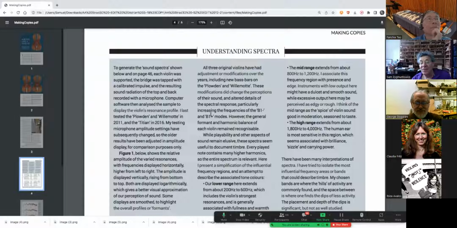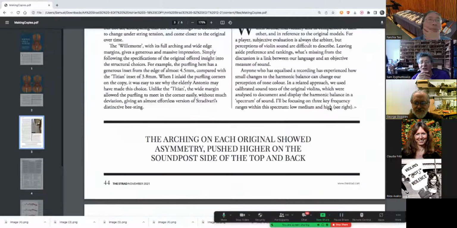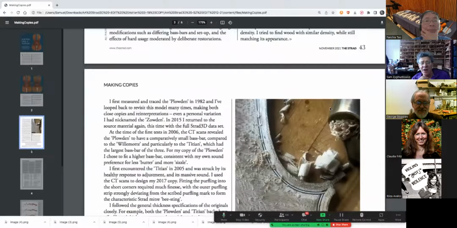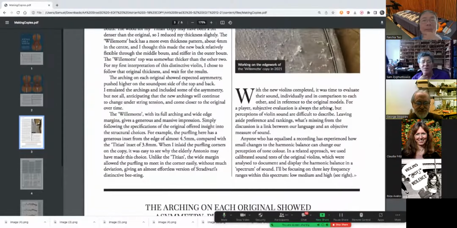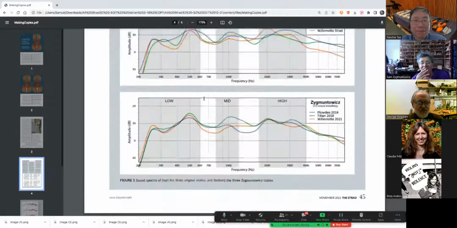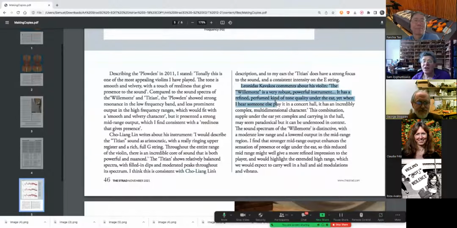The point is that I wanted to start with a subjective description, to the extent possible. I had interviewed Kavakos, and he had described his own violin. Sam, Kavakos' comments are on page 46. Oh, thank you. Skip ahead a little bit. There we go. Okay, great. Thank you. I will admit, he had a longer section. I extracted the part that I thought was most cogent,